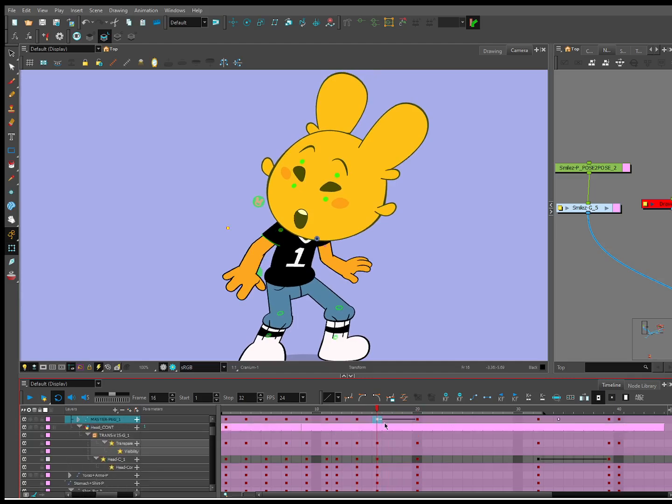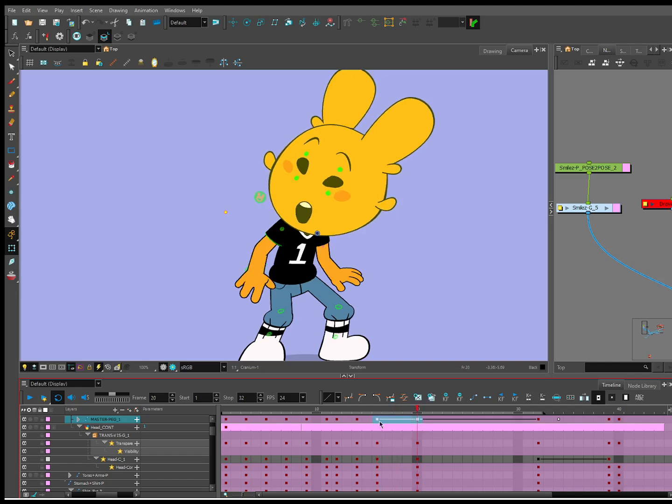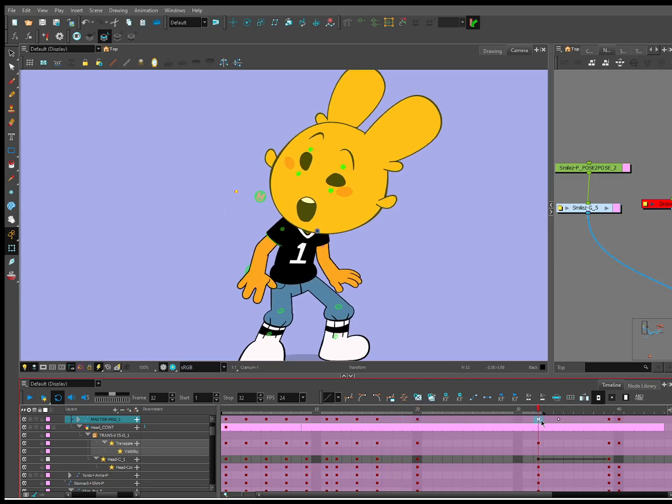Oops. Set the whole thing. Thank you. Because basically what I want to do, this is my first keyframe of the settle, I'm going to flip between this keyframe and my last frame.